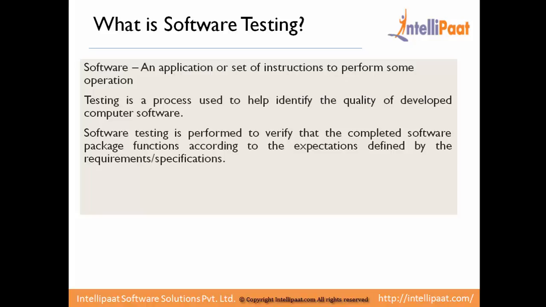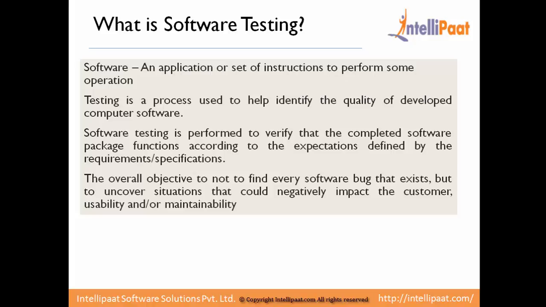Software testing basically involves verification and validation, which is in short called the V and V process. What it basically does is verify whether the software is working fine, and it also validates whether the software should be working in a particular manner. Like we have mentioned over here, software testing is performed to verify that the completed software package functions according to the expectations defined by the